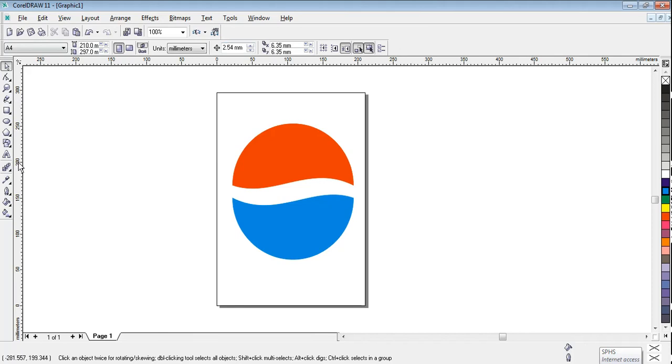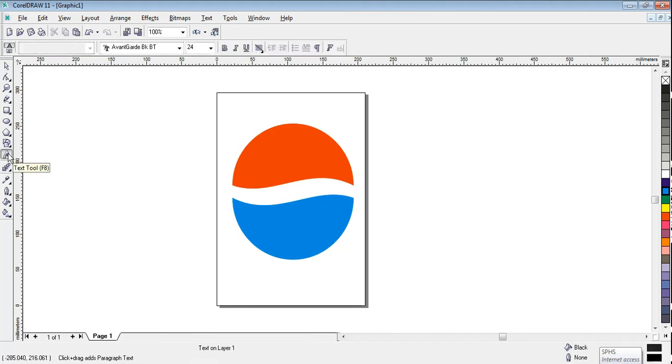For that, I'm selecting the text tool. As I have told you in the previous lectures, the text tool has two different text types. We can get it here. One is artistic text and the other one is paragraph text. Artistic text allows us to change the shape of the text also. Okay, we'll see that also. Let's see, I'm choosing artistic text. How to choose artistic text? Just click on the blank area on the page and then type the text you want. I want it as Pepsi.